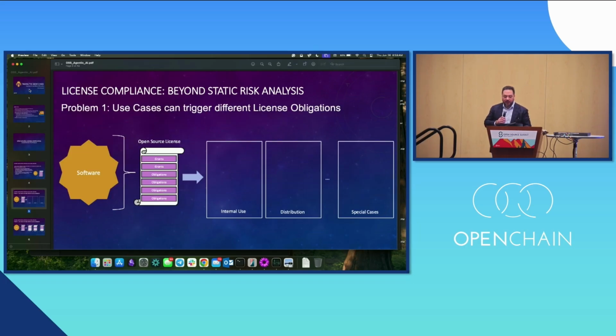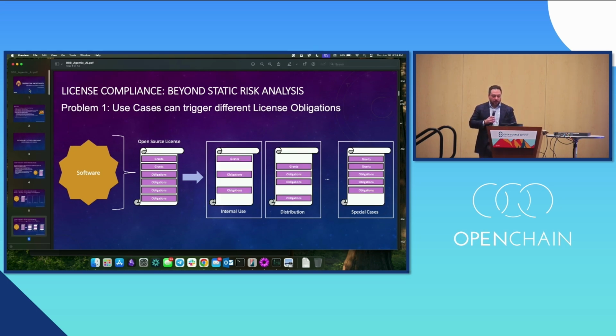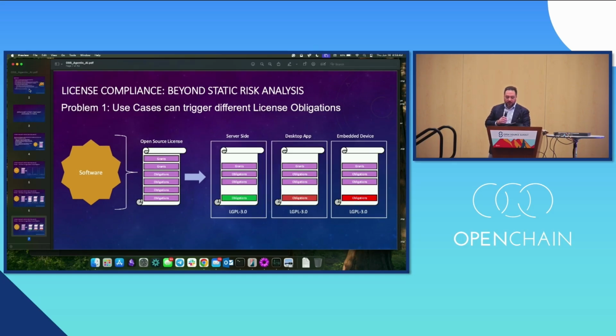For example, if I have a software, most likely you're going to have one license, and that license will work differently and trigger different conditions, approvals and obligations for every use case, right? You can have a bucket of use cases. But the complexity is not linear, and it's not just that for the use case. It's actually also understanding that every license will work differently depending on the type of project or the type of product that you're building.